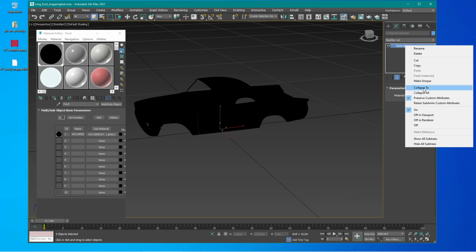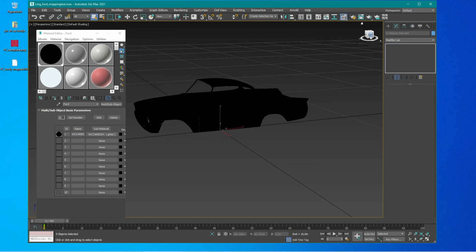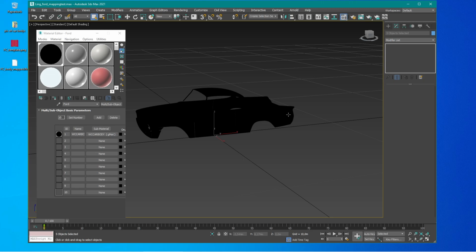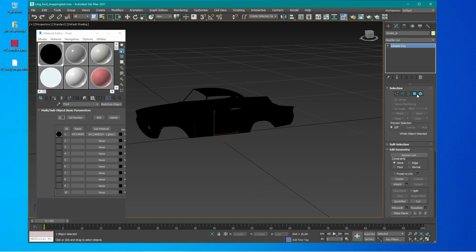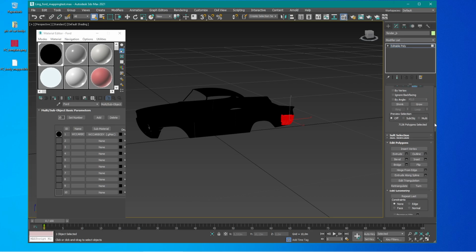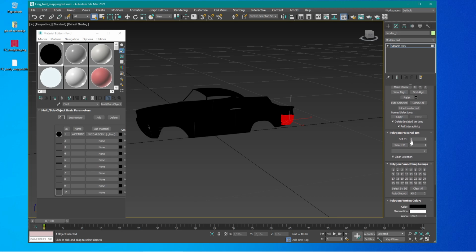To collapse the modifier is always necessary to keep your setting, what you have taken here. Now you can, for example, see when you select a part and select a few polys, you can now see here material IDs, and you see it's number 4 like we have it assigned, and you can also see you have no name here. Okay, when we unselect material again,